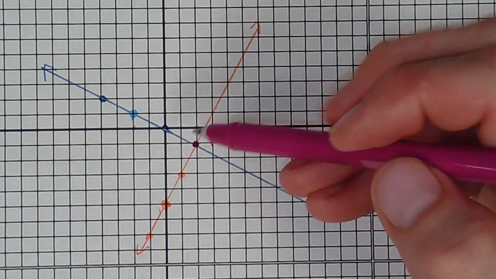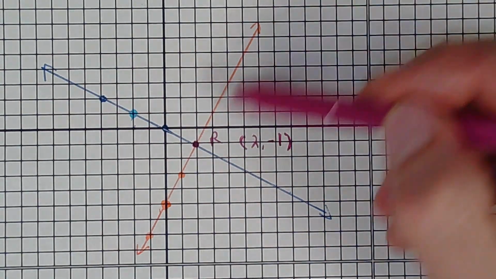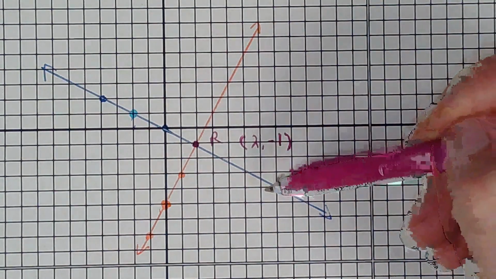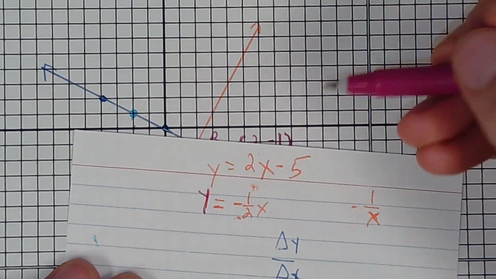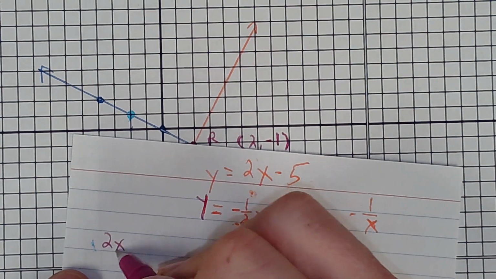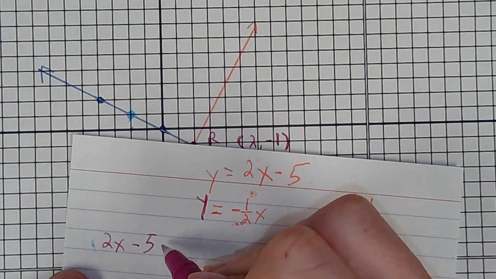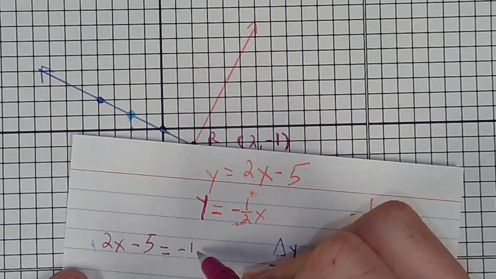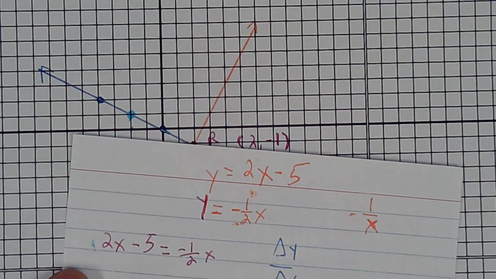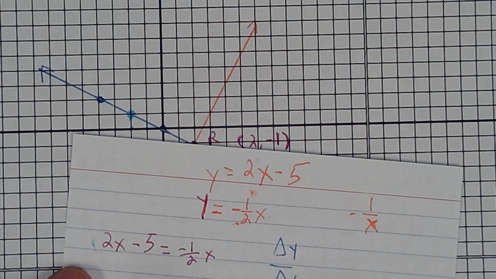And we're going to say, hey, our two lines equal each other, right? And we're going to solve for that point, okay? So 2x minus 5 equals negative 1/2 x, okay? And then we'll solve